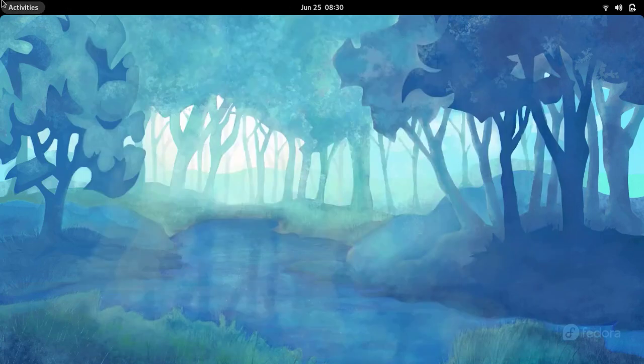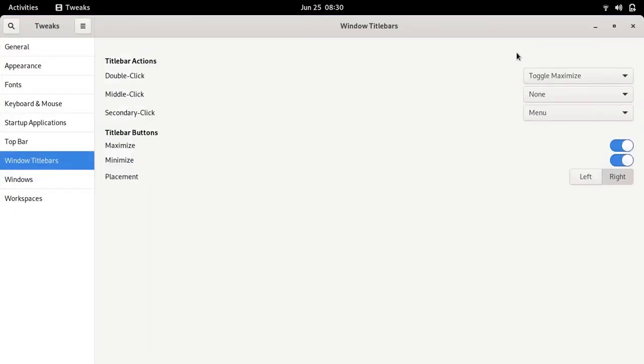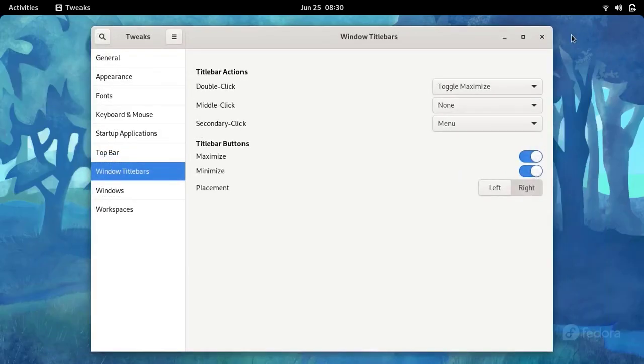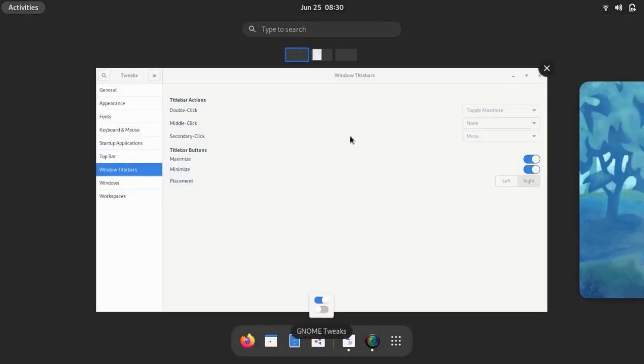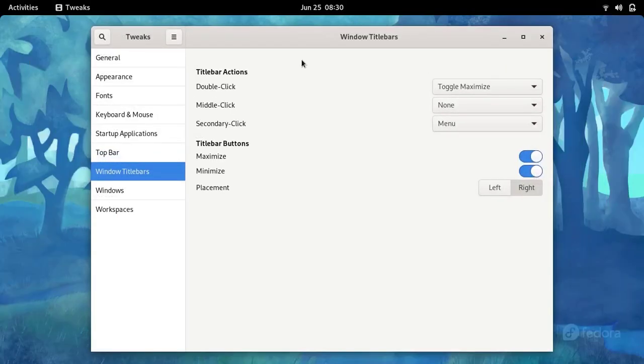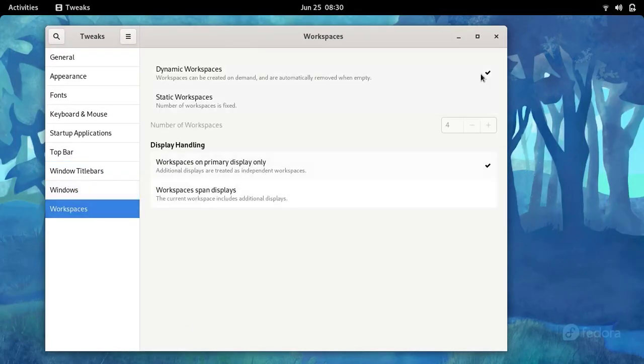Here we have the minimize button. Similarly, we can add the maximize button too. So here we can maximize, restore, and minimize. This is a very useful thing to have on any desktop computer.